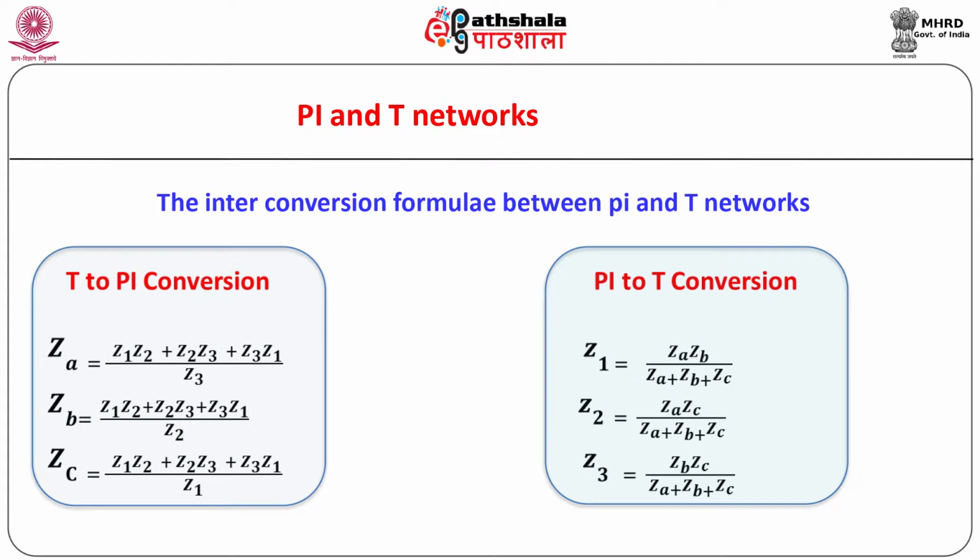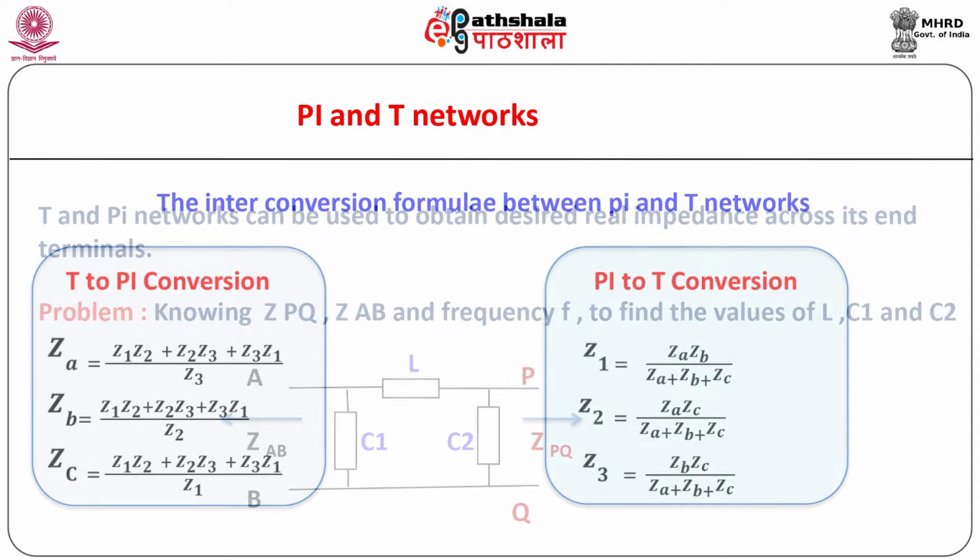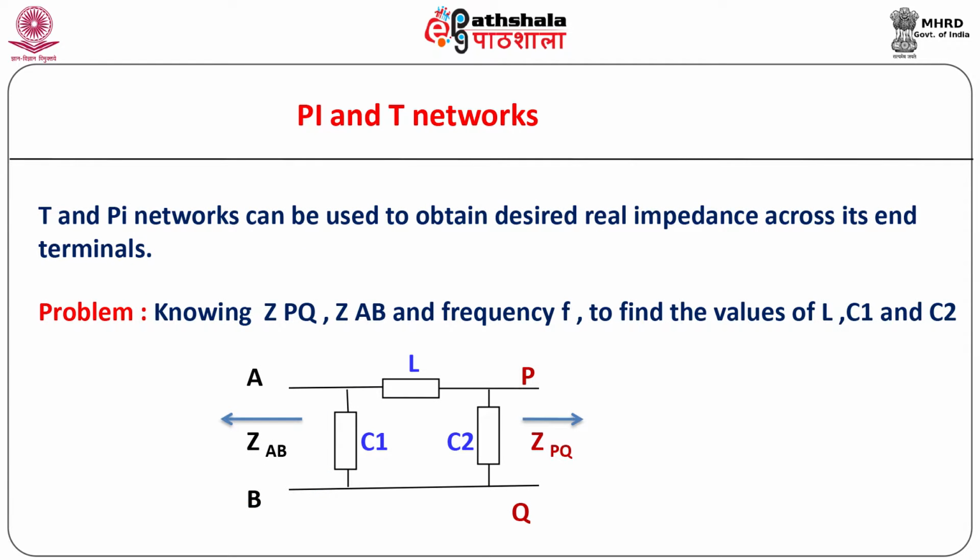The interconversion formulae between pi and T networks are as shown. These relations can be highly useful in accelerating the process of finding impedances of a two-terminal network. T and pi networks can be used to obtain desired real impedance across its terminals. As an example, consider the following